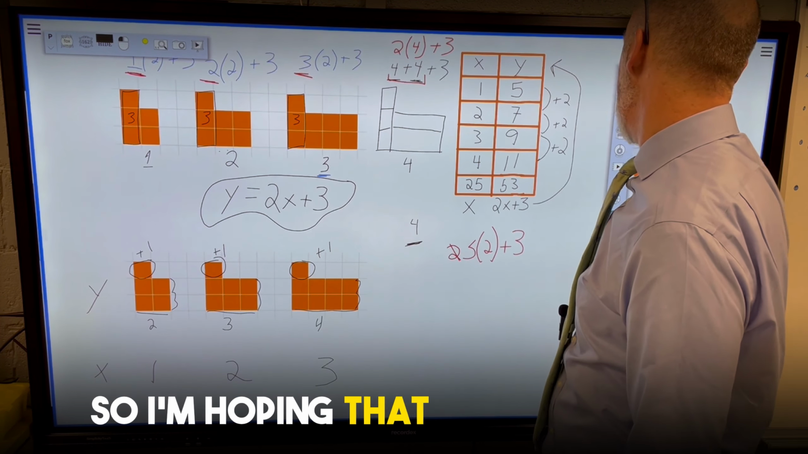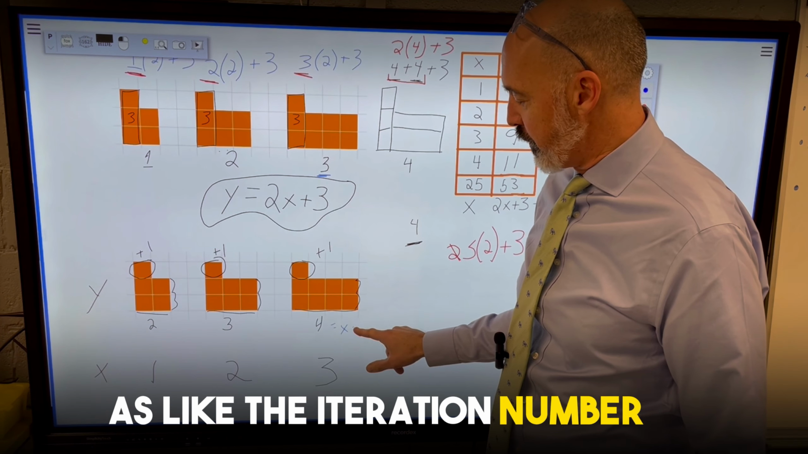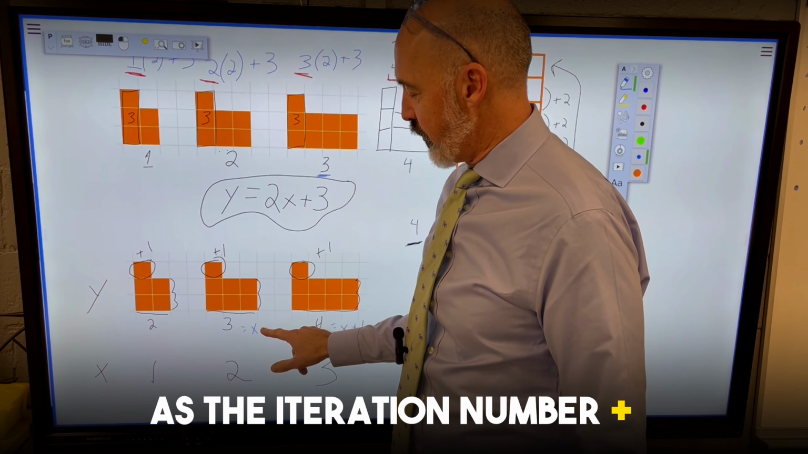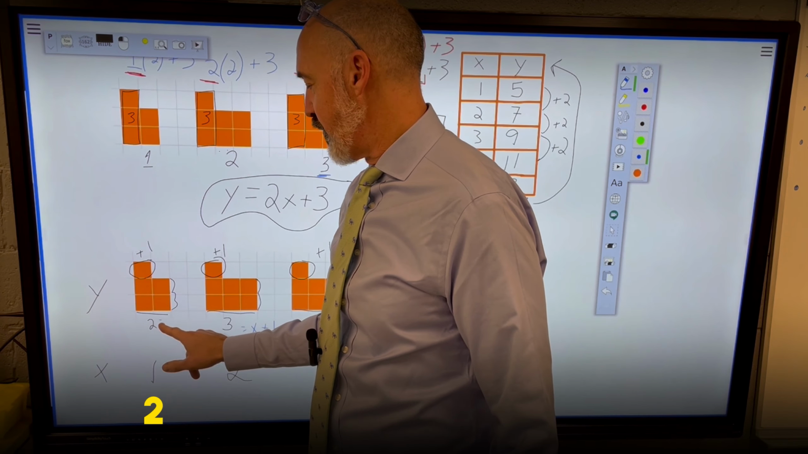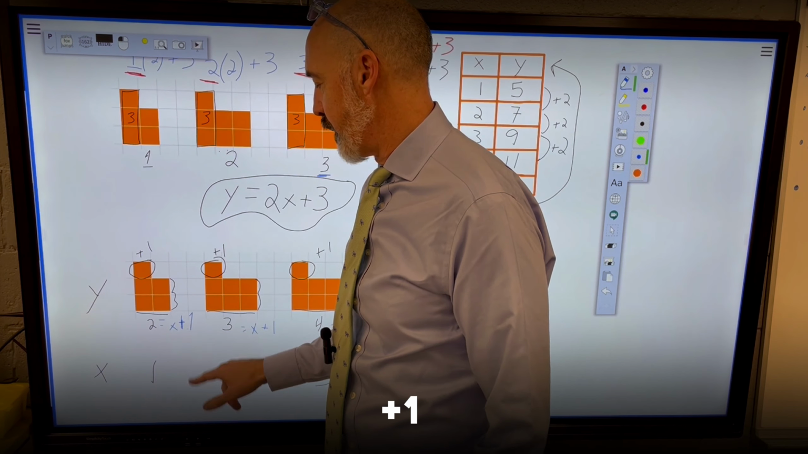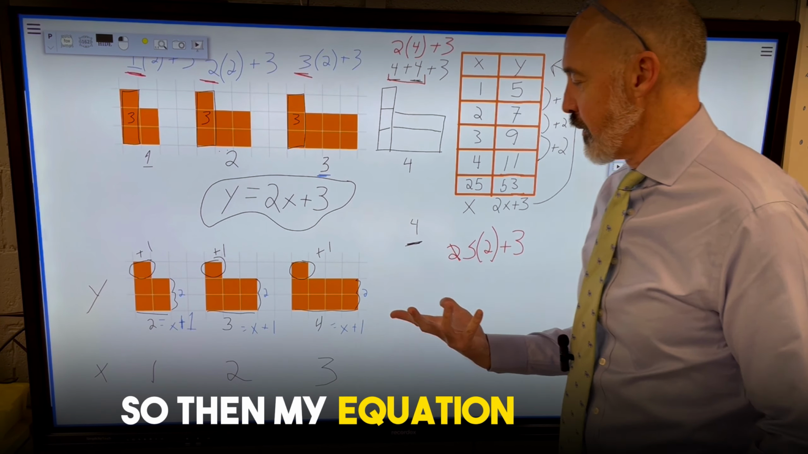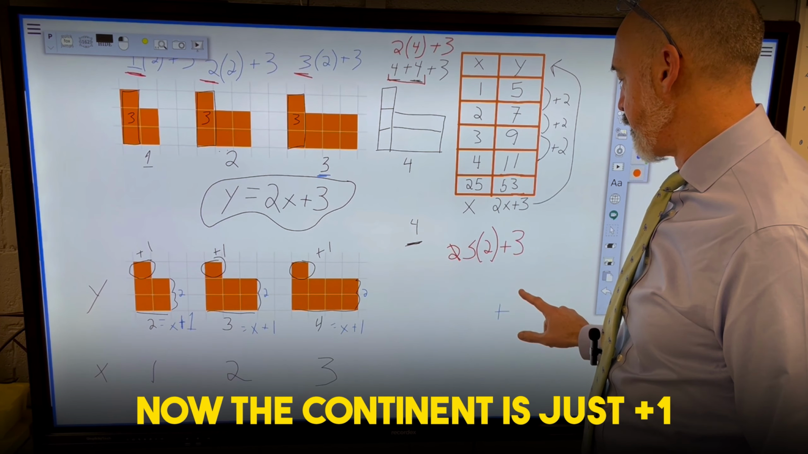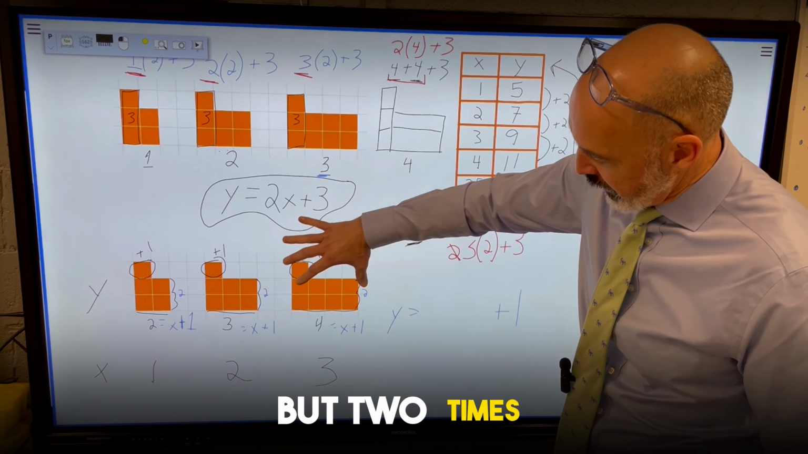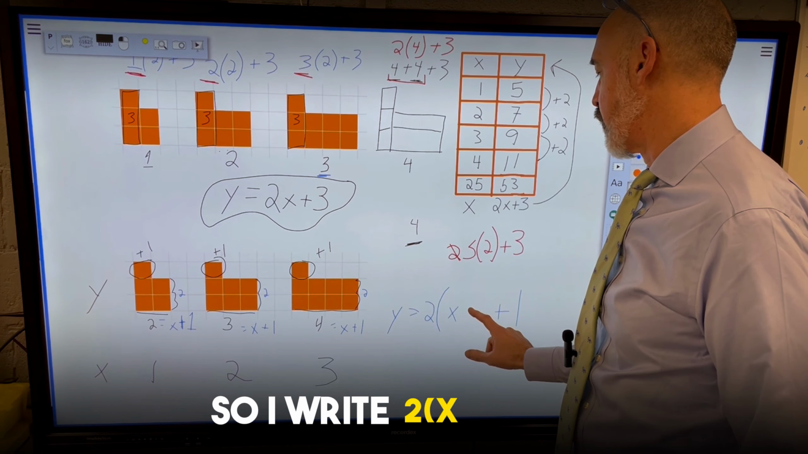So I'm hoping that maybe you see that 4 is the same thing as the iteration number plus 1. 3 is the same thing as the iteration number plus 1. And same thing over here. 2 is the iteration number of x, or 1, plus 1. And again, there are 2 rows of that. So then my equation could be, now the constant is just plus 1, and y equals x plus 1, but 2 times. There are 2 rows of x plus 1. So I write 2 times x plus 1 in parentheses